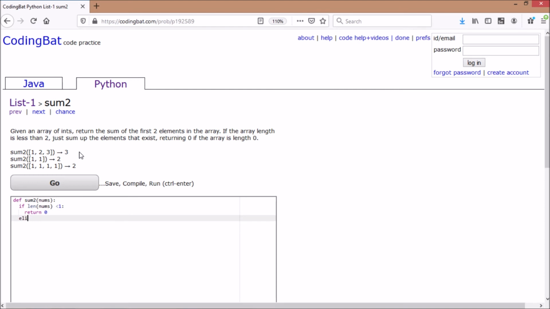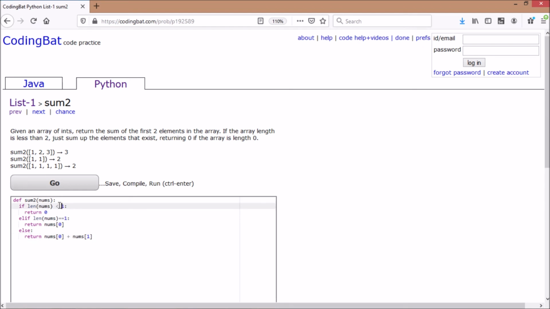Elif length of nums is equal to 1, then return nums[0], else return nums[0] plus nums[1], because they said first 2, right?